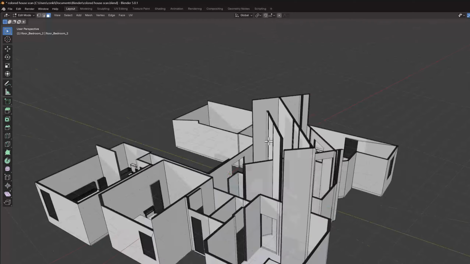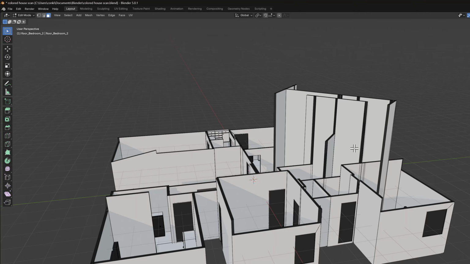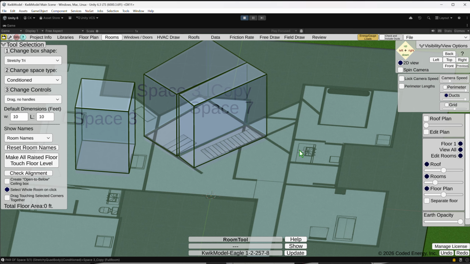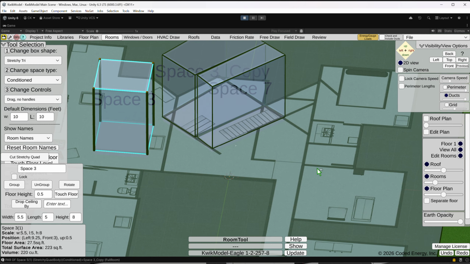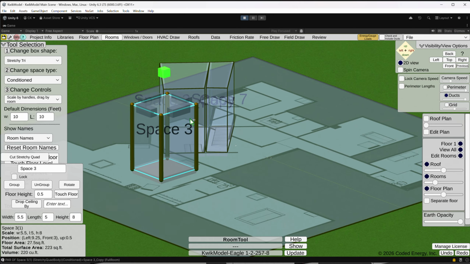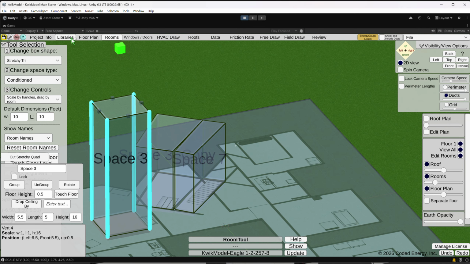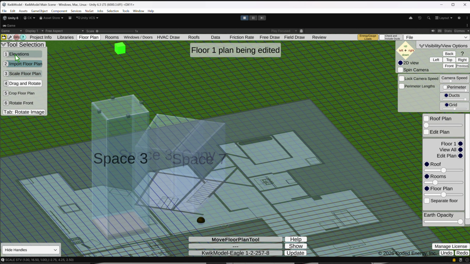So there's multiple ways to handle this. First of all, if you actually want the room to be on the first level and just be taller, you can easily just click on the top here. Let's change to scale by handles, and you can just scale up the room. And this will all still be considered on the first floor. And then when you place stuff on the second floor,